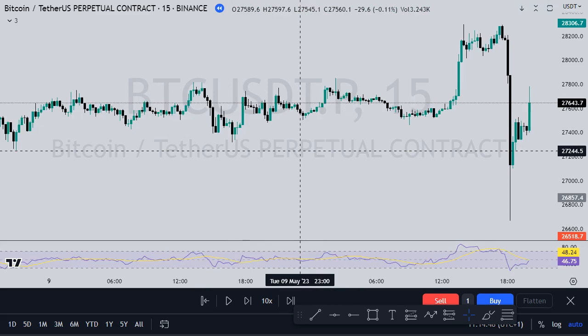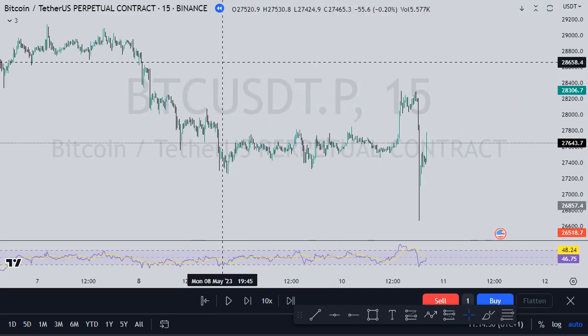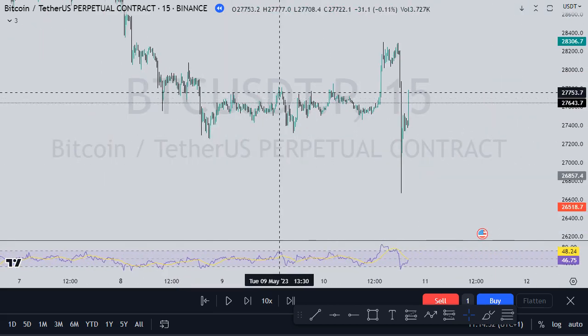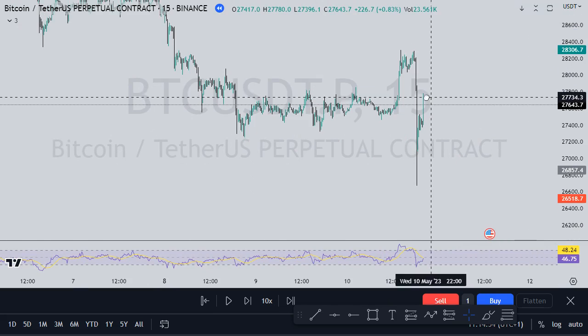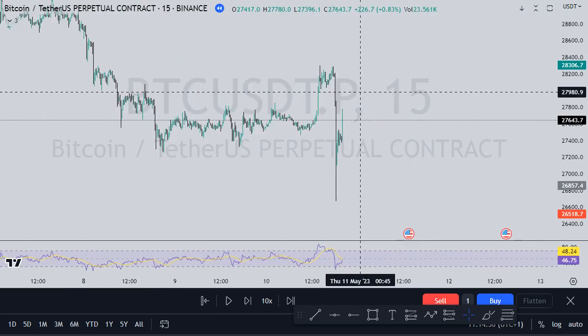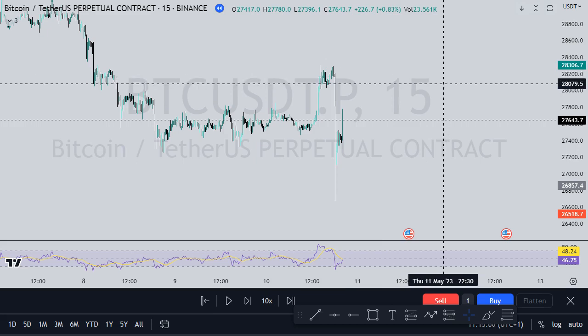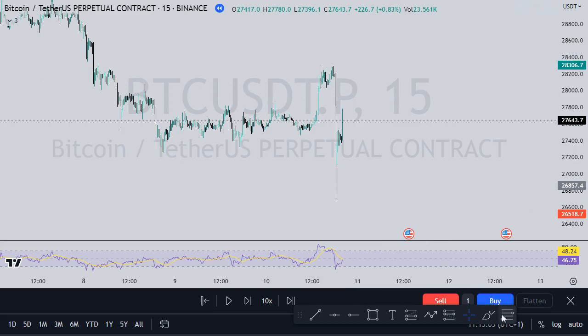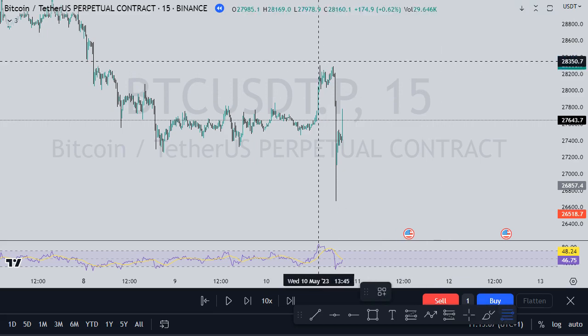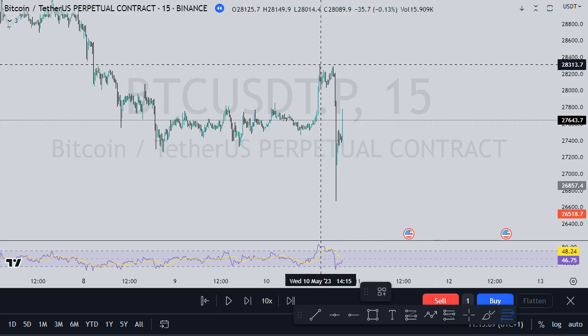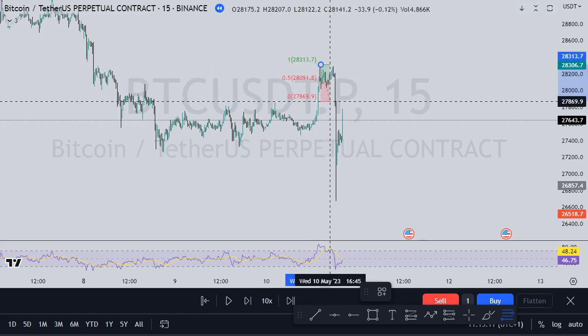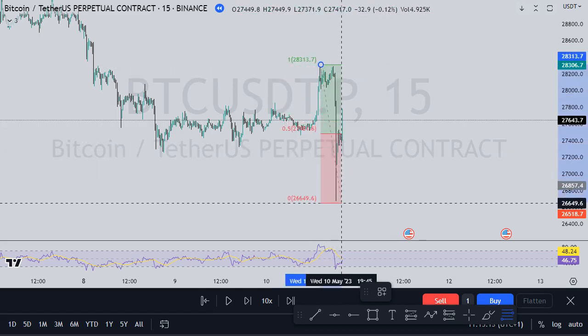Imagine you were on this chart and you know that this is already a downtrend for BTC. How do you use your Fibonacci retracement tool to know the right place to enter so that you don't just jump into anywhere on this trend? What you have to do is to pull out your Fibonacci retracement tool, and the most relevant swing high and the swing low is what you are going to use as your